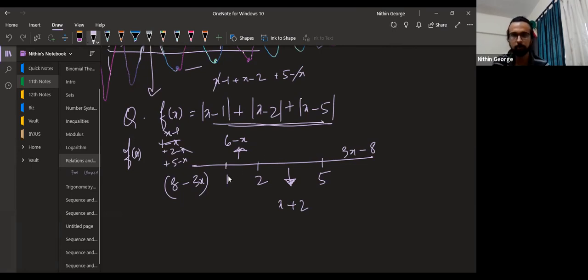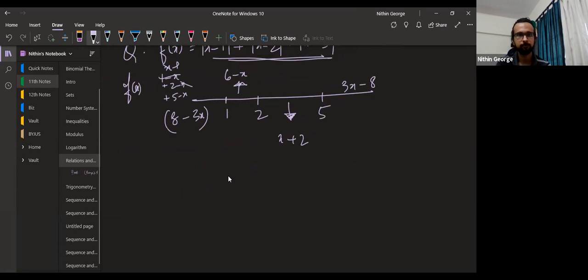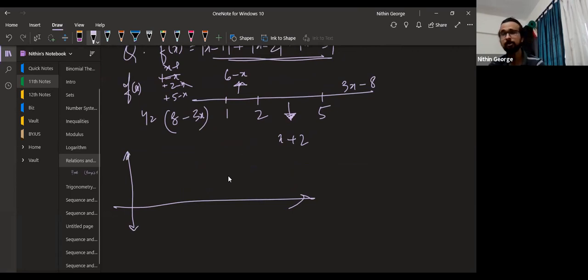If you have any doubts, please ask. Once you construct these 4 different lines, you have your answer. So y equal to 8 minus 3x. When x is equal to 0, y is equal to 8, somewhere here. When y is equal to 0, x is equal to 8 by 3, which is 2.66. So the graph goes like this somewhere. This is still 1.